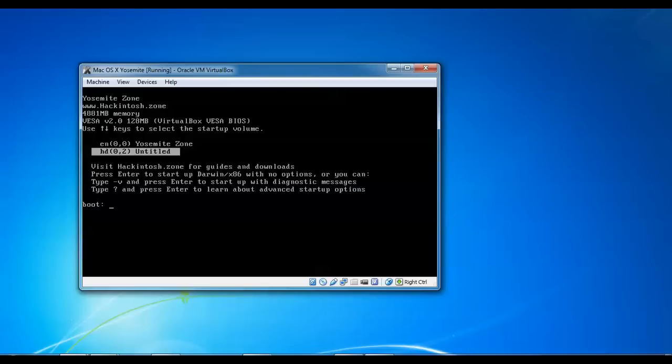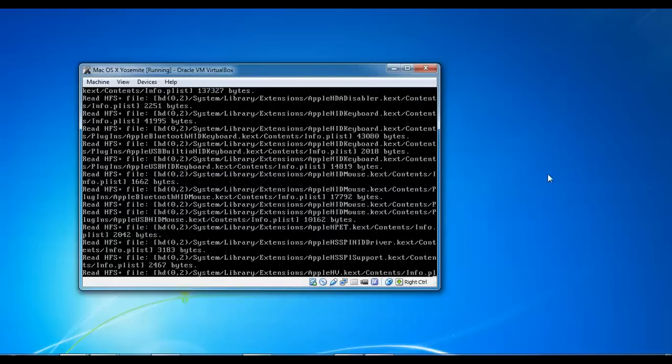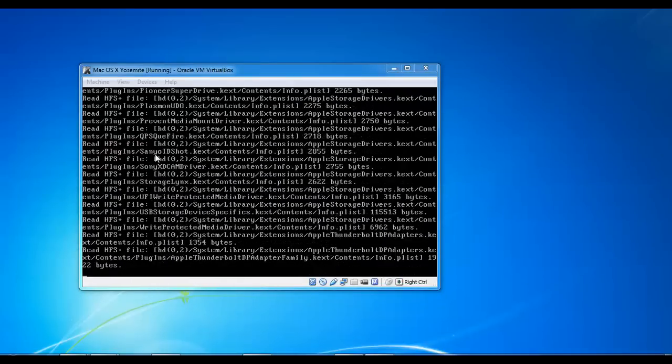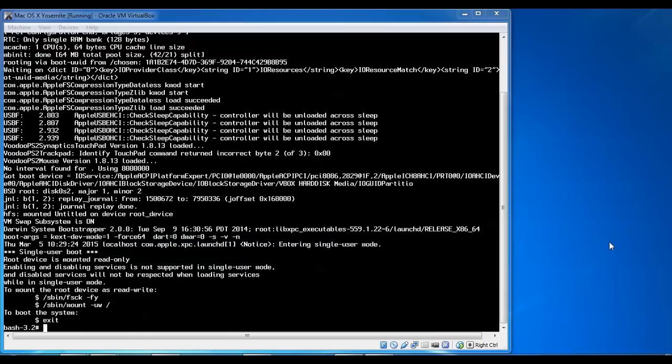So now I am going to go to this hard disk, and there I need to type -s -v and give -n, and press enter here. After typing that, you need to wait for the command prompt to come. This is booting in safe mode, so you need to wait here. And now finally we came to the safe mode command. So here we need to type this one.